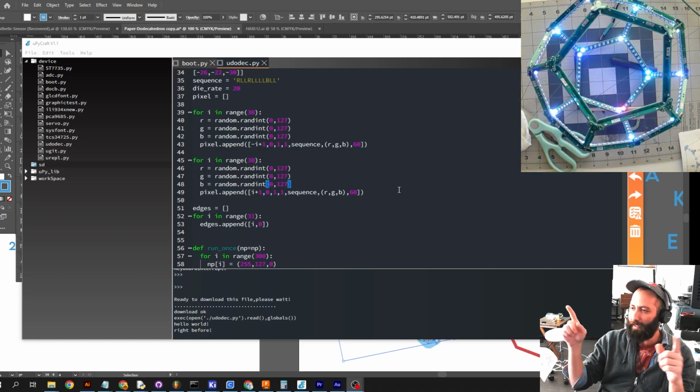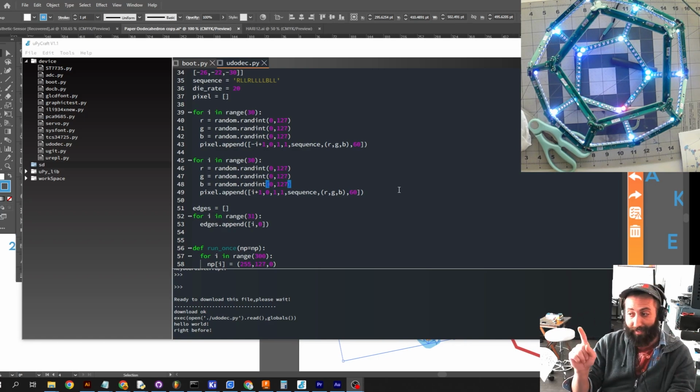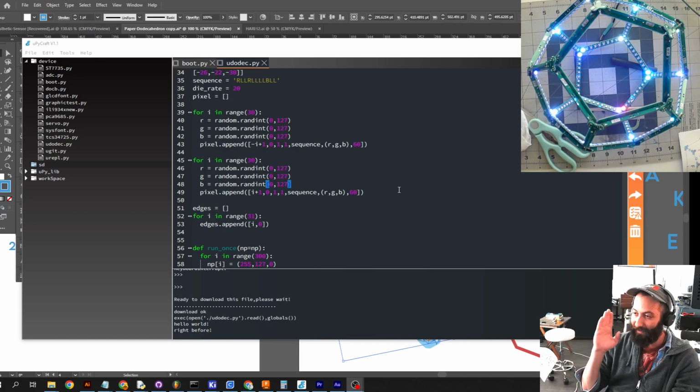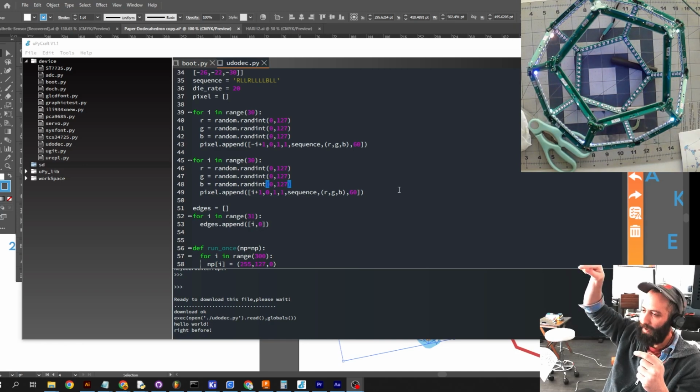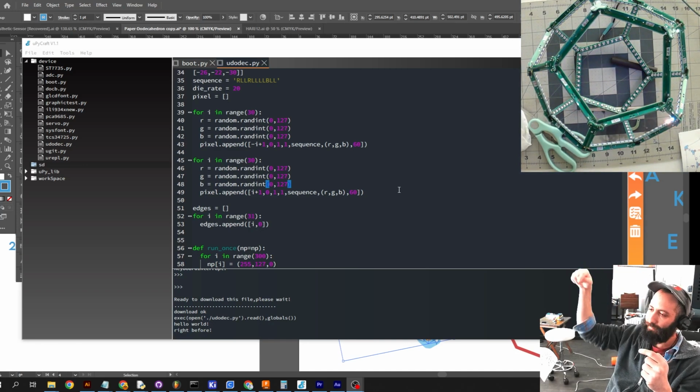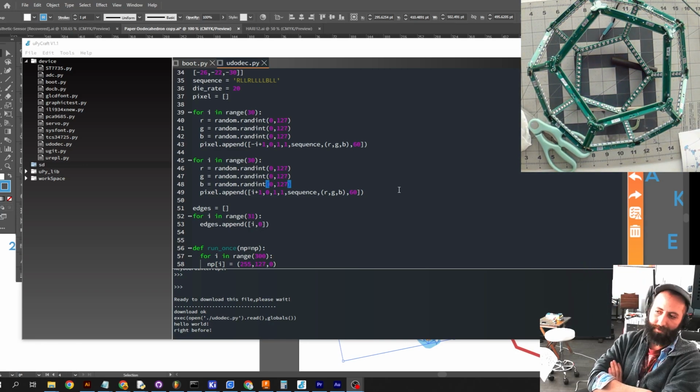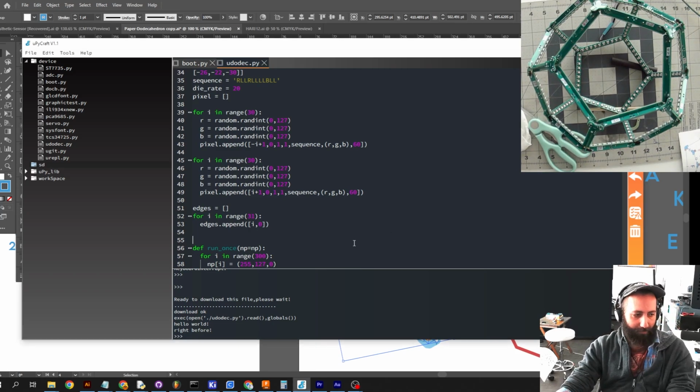It's easy to just make something bounce back and forth on one edge, but this is not doing that. This has 60 separate pixels, all starting, and they're following a pattern around. They're hitting every edge on the dodecahedron. So it looks simple, but it is